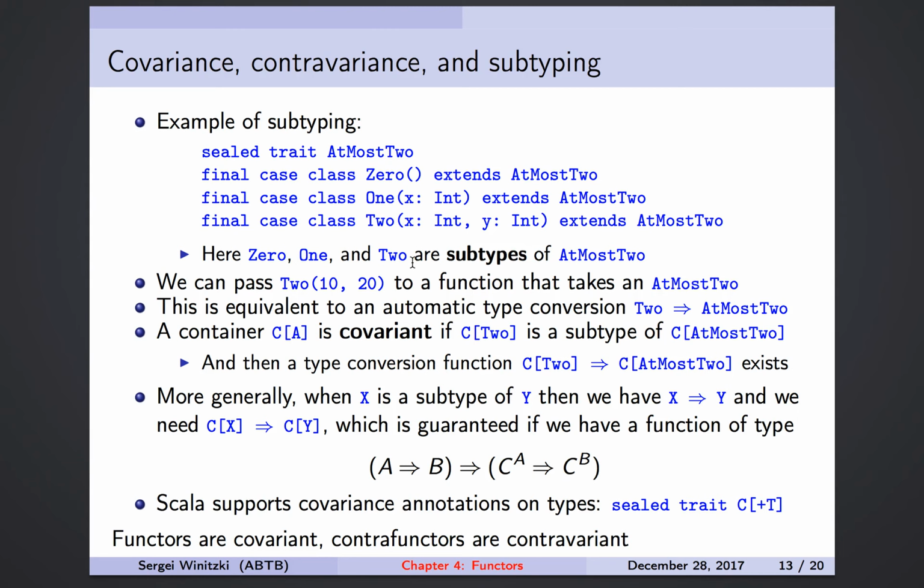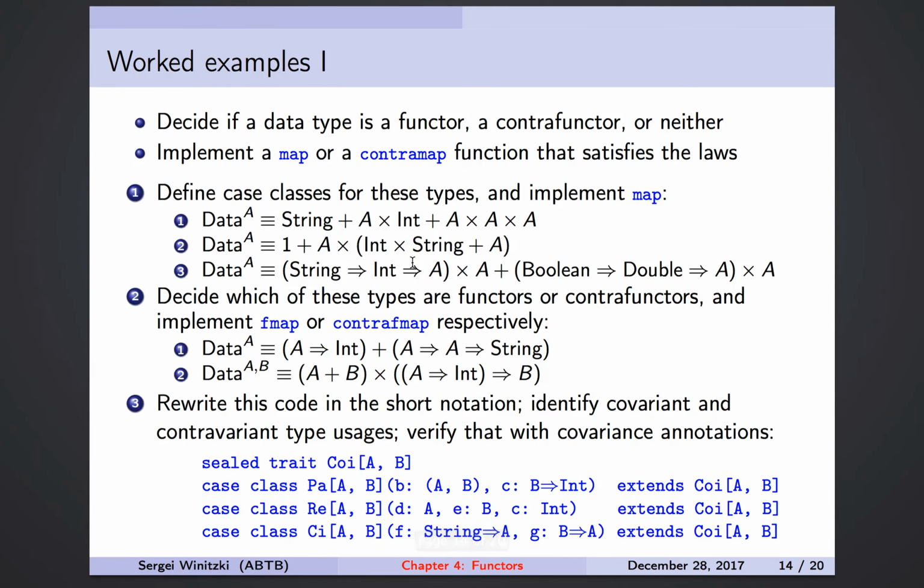So in other words, we are talking about functors and contrafunctors, and this is exactly parallel to covariance and contravariance that usually in object-oriented programming people talk about. So let's go through some more examples with actual coding, where we will do certain things. We can now decide if a data type is a functor, a contrafunctor, or